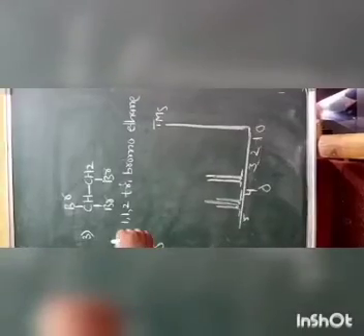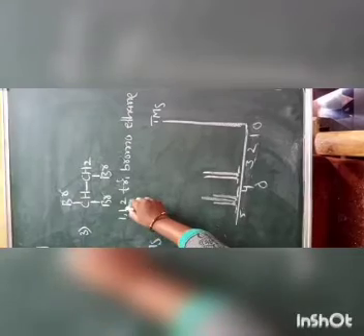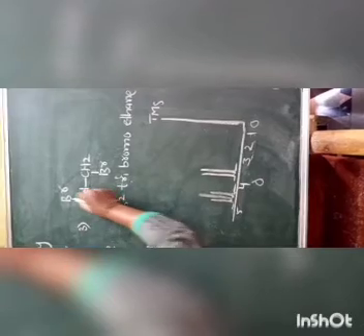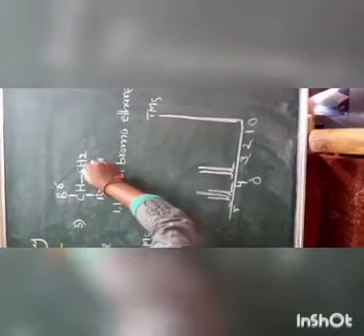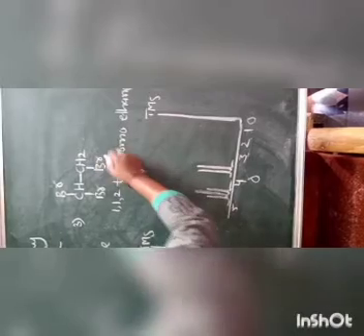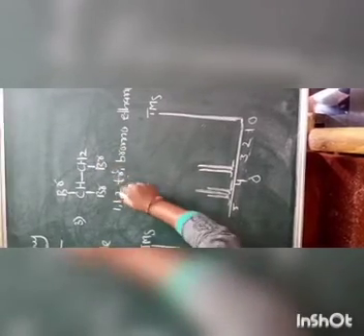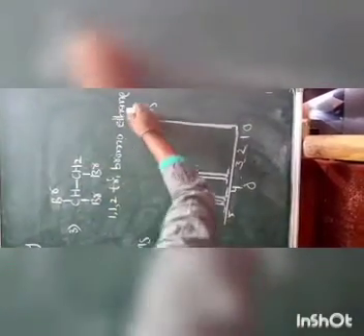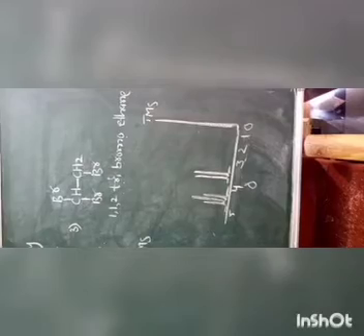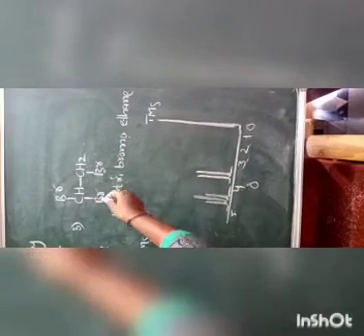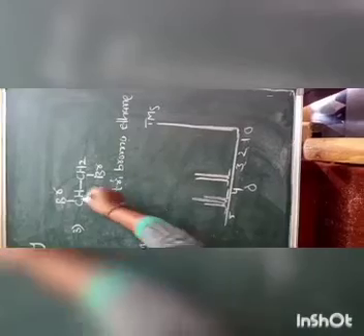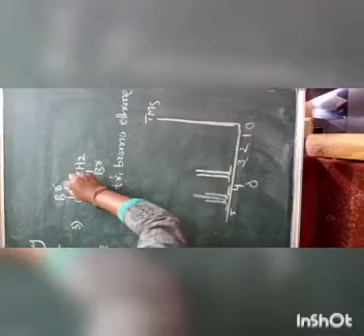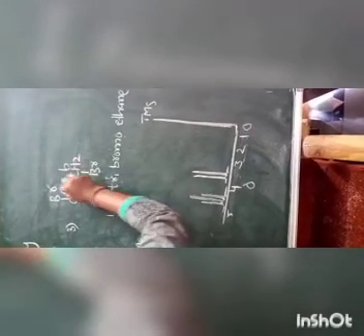Okay, let me explain another example. Here, 1,1,2-tribromoethane. Here the two carbons are there. At one carbon, 2 bromines, like 1,1, and at another carbon, another bromine is there, that is at the second carbon. So completely 3 bromines, the tribromo, and the number of carbons is 2, that is the ethane. So here it is also another organic molecule, and in this molecule protons are also present. Completely two types of protons are present, like the A type of proton and the B type of protons.